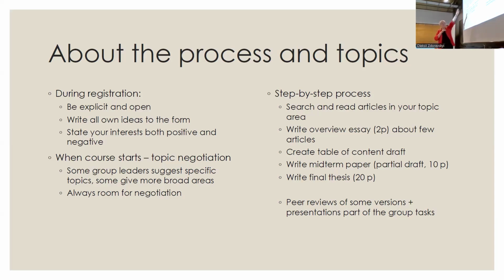A simple step-by-step process is that in the beginning, you search for existing scientific articles, read those, and create some kind of small overview about the topic, practicing gathering information from those theses. Then you create the structure for your whole thesis, and then a midterm paper that's about half of the thesis. At the end of the 2 terms, you have the final thesis, which is approximately 20 pages in 14 weeks. That means 1.5 pages per week, which isn't that much.